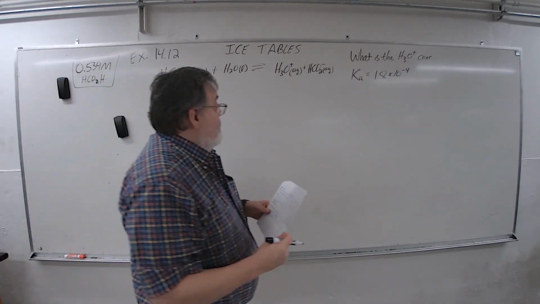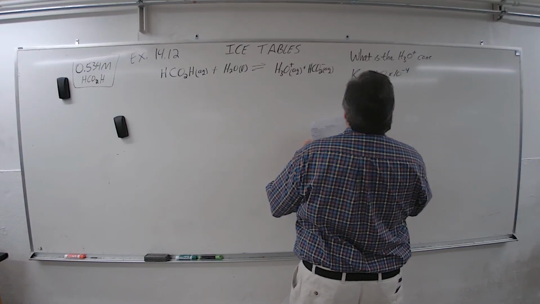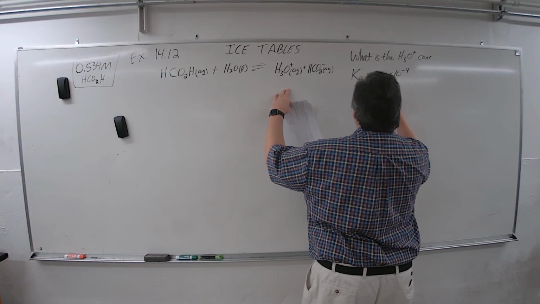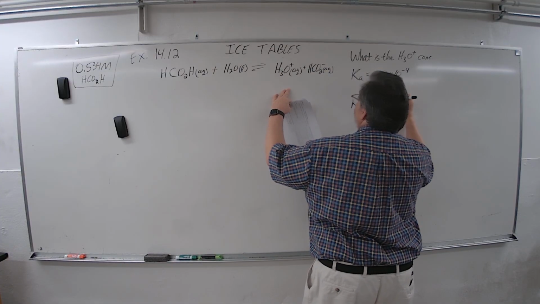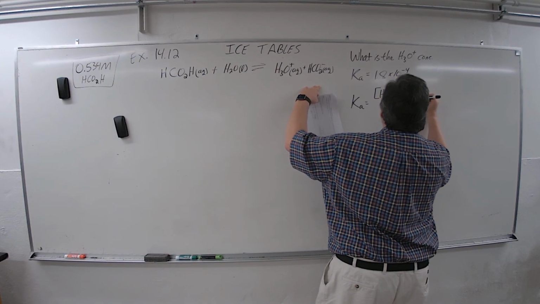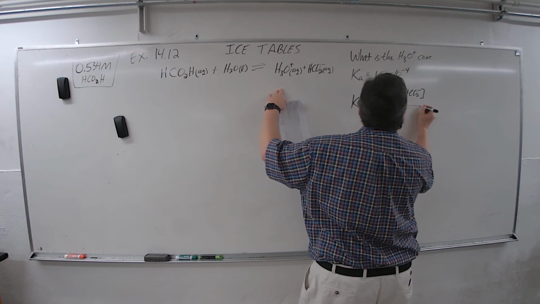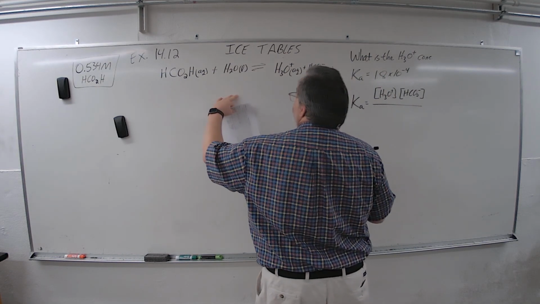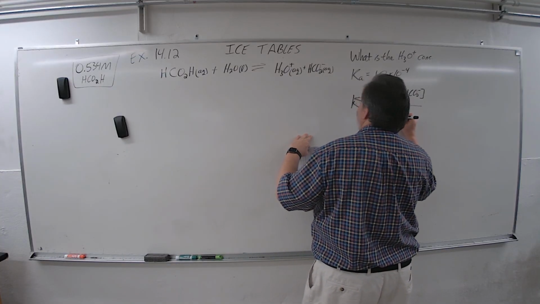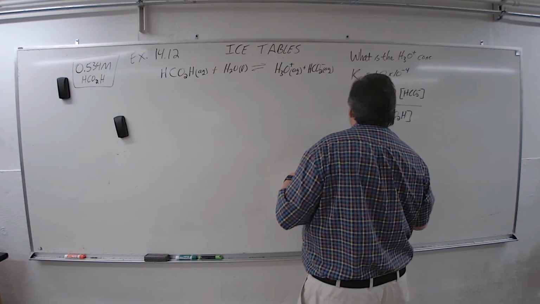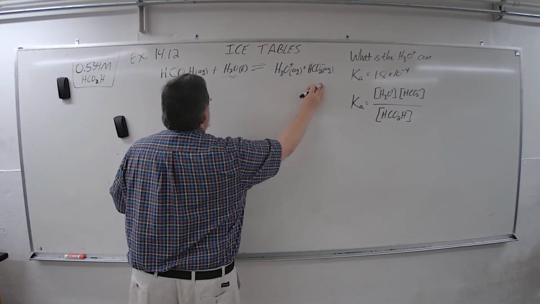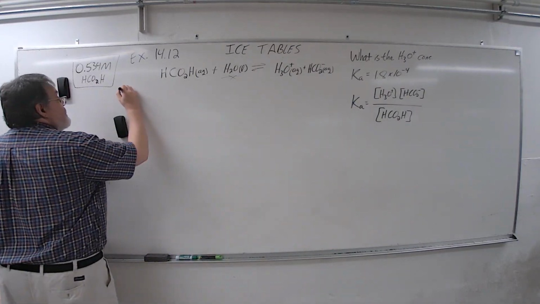For our Ka value, we ignore this because it's liquid. So our Ka is... the coefficients and concentration. So we're leaving this out. So really our columns are just this one, this one, and this one. All right, for initial concentration,